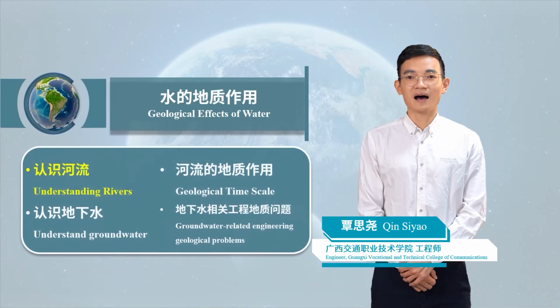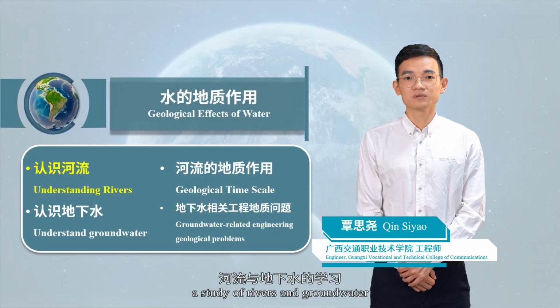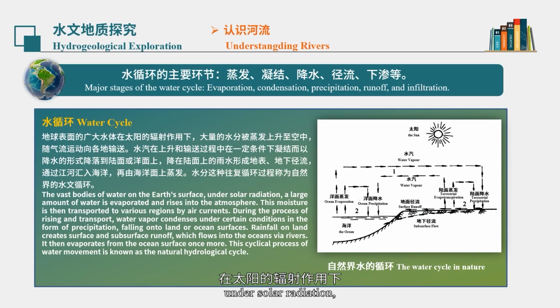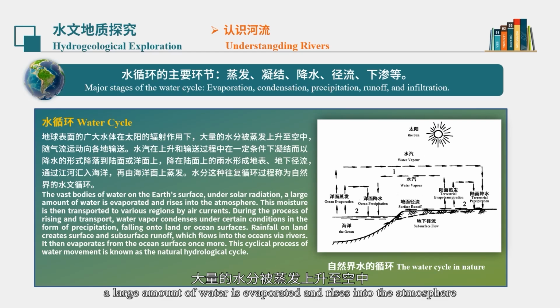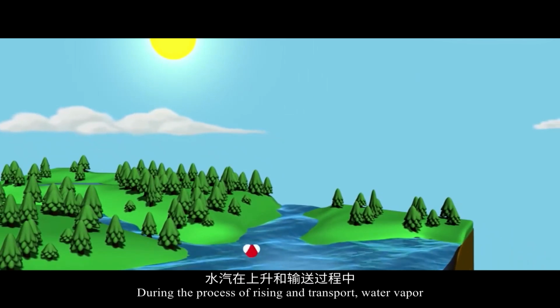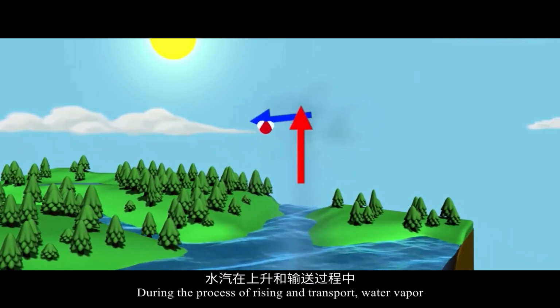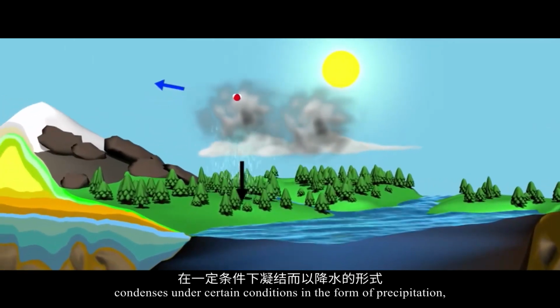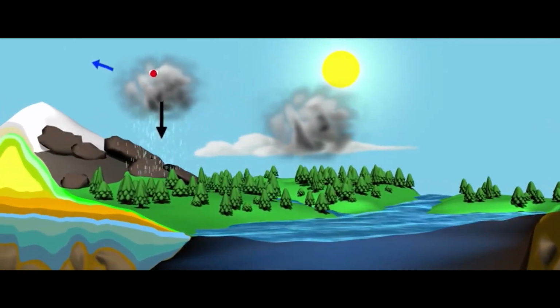Hello everyone. Next, we will study rivers and groundwater. Under solar radiation, a large amount of water on the Earth's surface is evaporated and rises into the atmosphere. This moisture is then transported to various regions by air currents. During the process of rising and transport, water vapor condenses under certain conditions in the form of precipitation, falling onto